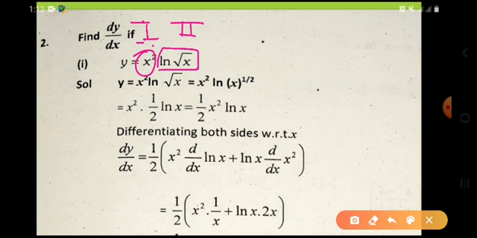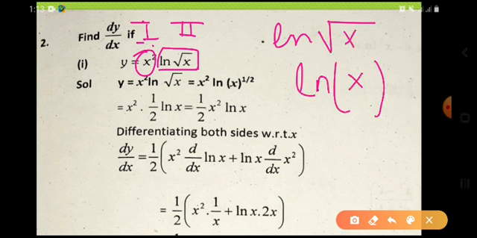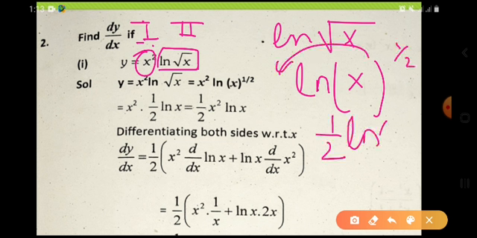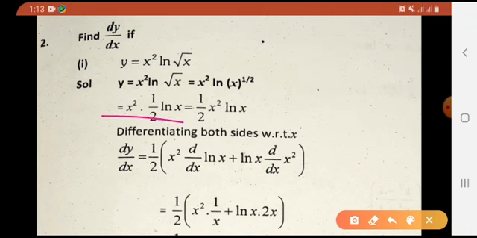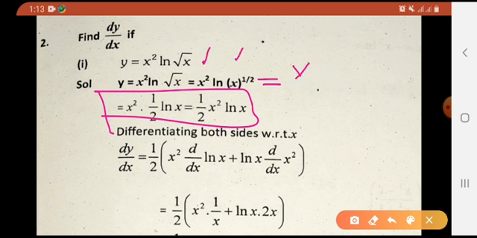That will apply. But here you can see again the natural log is outside and the radical of x is like this. So it would be natural log of x raised to the power 1 by 2, and this power would come to this place and it would be this. Clear? Now what will happen with this? Your question will become easy. Look at this. Okay, they have explained it over here. It would become, you can see over here, x square as it is into 1 by 2, which is the power. Now, you can bring this 1 by 2 outside.